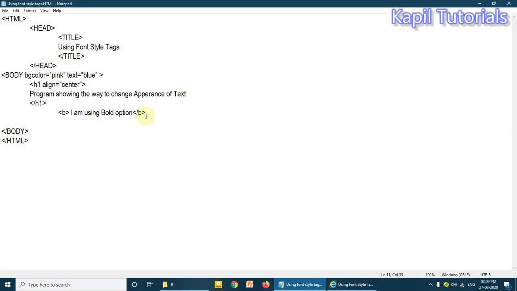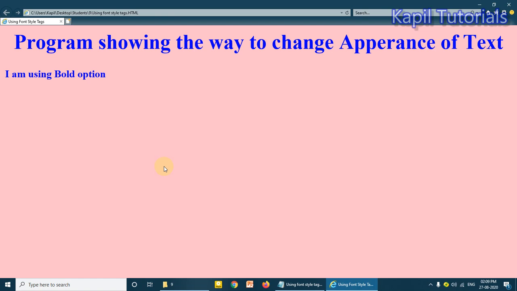Just to show the difference, again I'll write here, I am not using bold option. I'll click on file and save. Now I'll go back. I'll press F5. You could see here it is bold, and the next one is not bold. I hope the difference is very much clear to you.